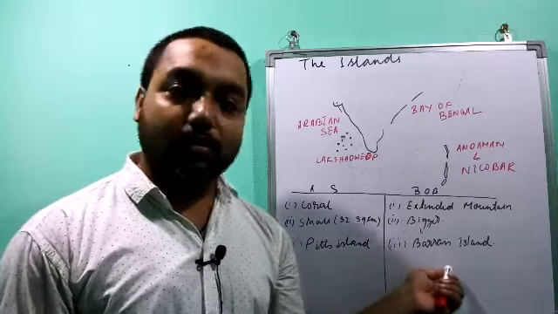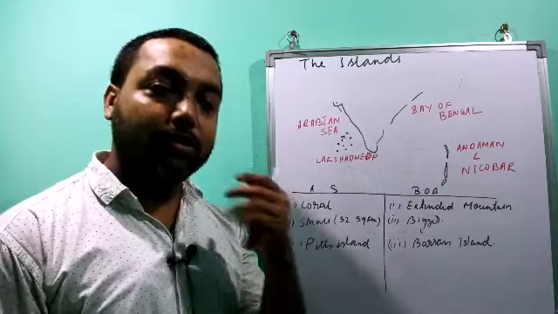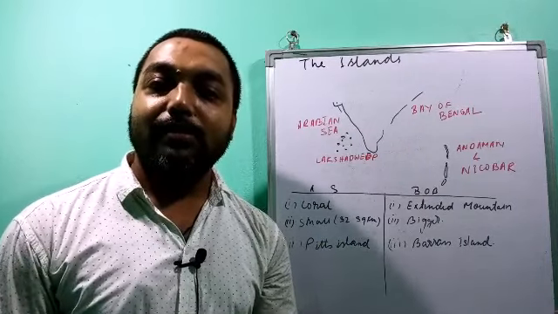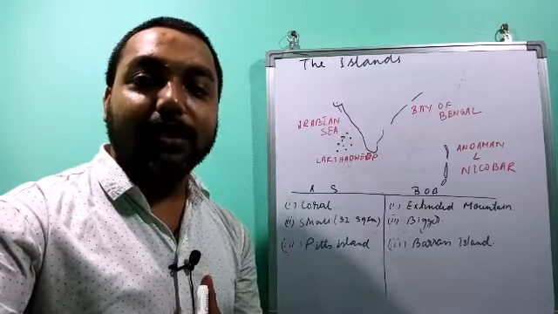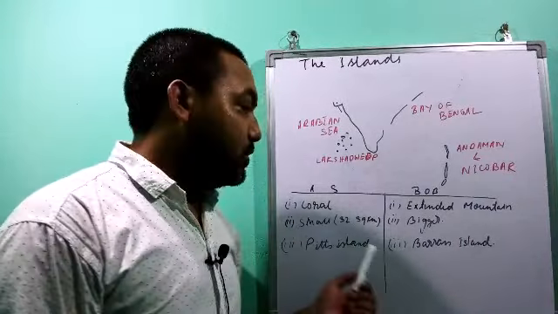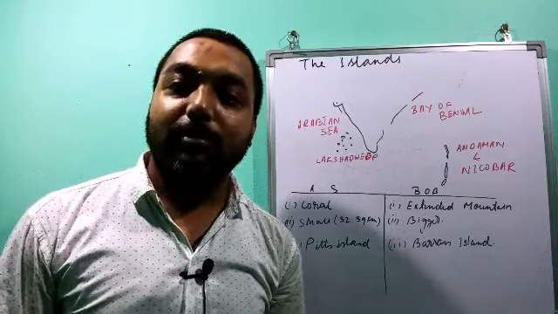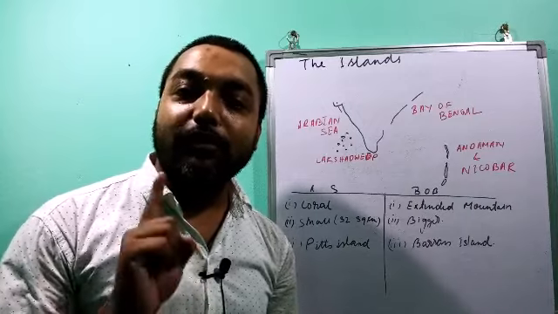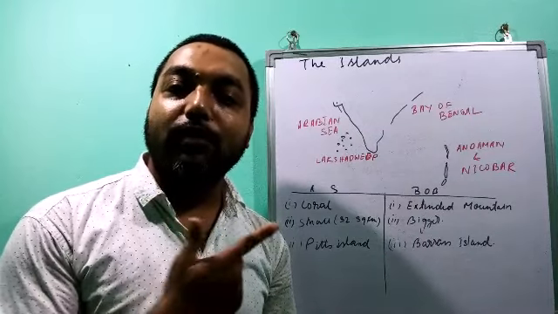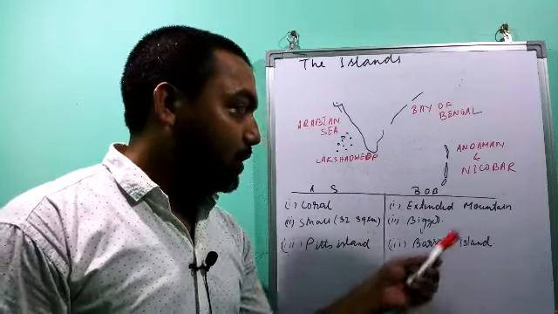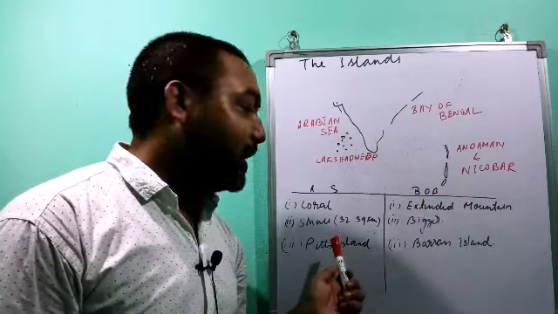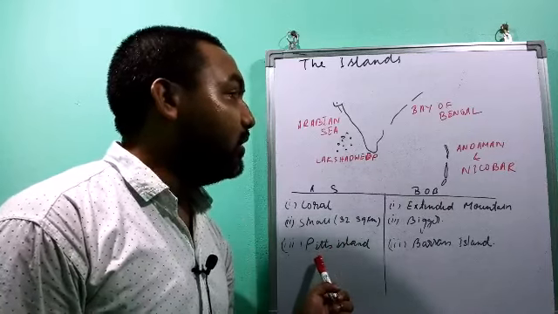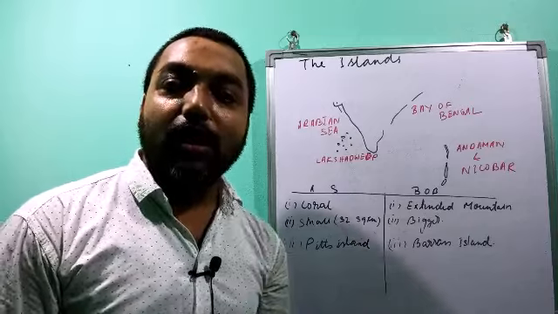Two important features are found in these islands. In Lakshadweep, Pitts Island is the only uninhabited island, and here there is a beautiful bird sanctuary. Next, Barren Island is the only active volcano in India. It is found in Barren Island of Andaman and Nicobar. Karavati Island is the administrative headquarters of Lakshadweep. So this is about the island groups.